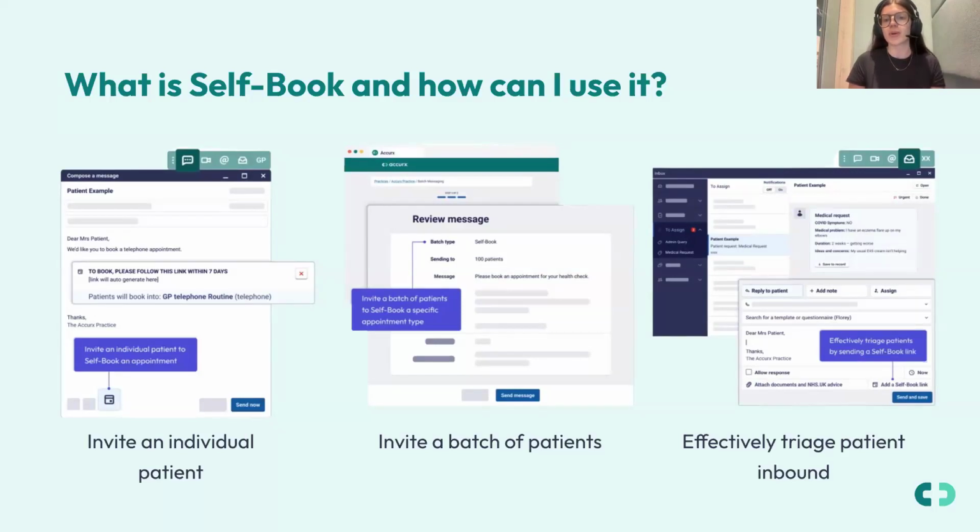And when sending a self-book link, practices can select any slot type from their appointment book as long as there are appointments available. So what can you actually do with self-book? First of all, we can invite an individual patient to self-book an appointment quickly when composing an SMS message. So this is supporting acute care and effectively managing inbound patient requests by quickly inviting an individual patient to book